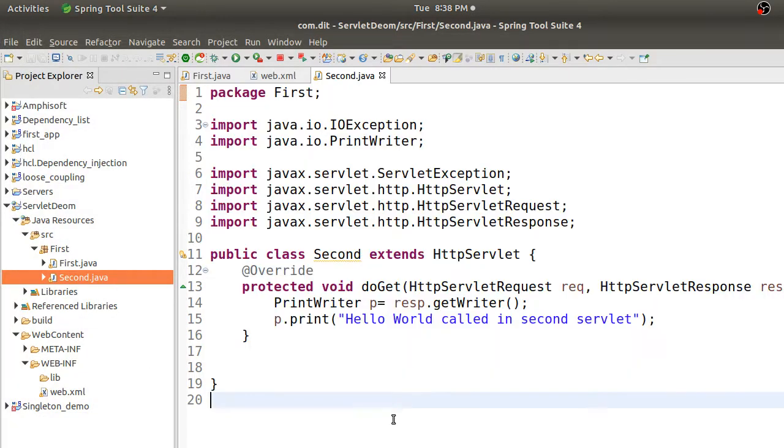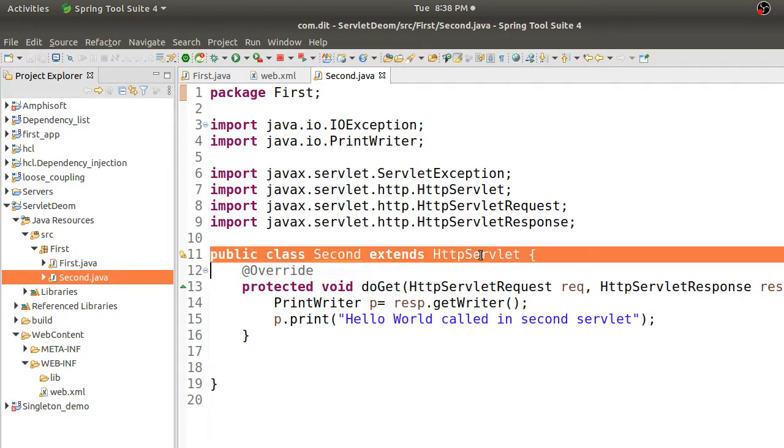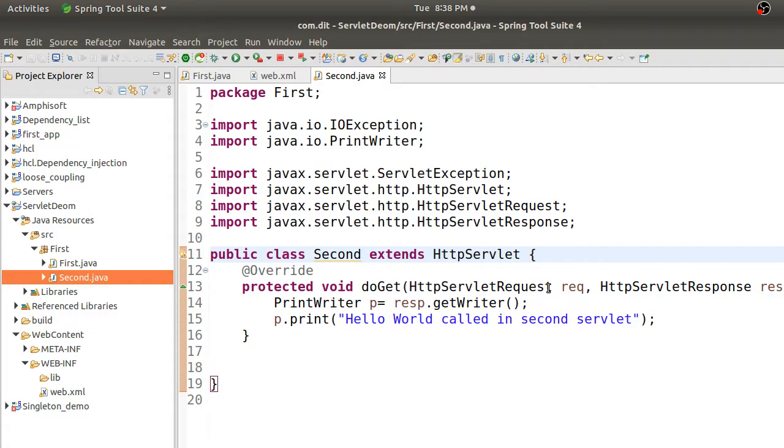So you can go here and write this class like this. It implements just the servlet API, or servlet interface.